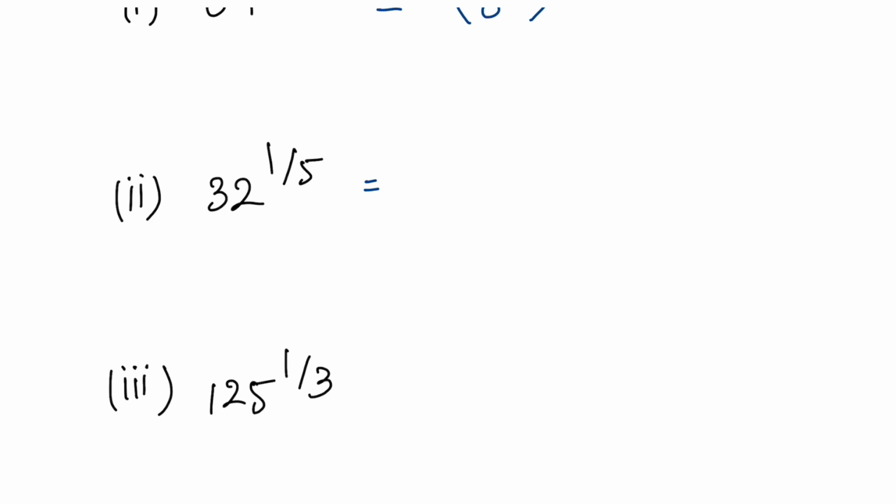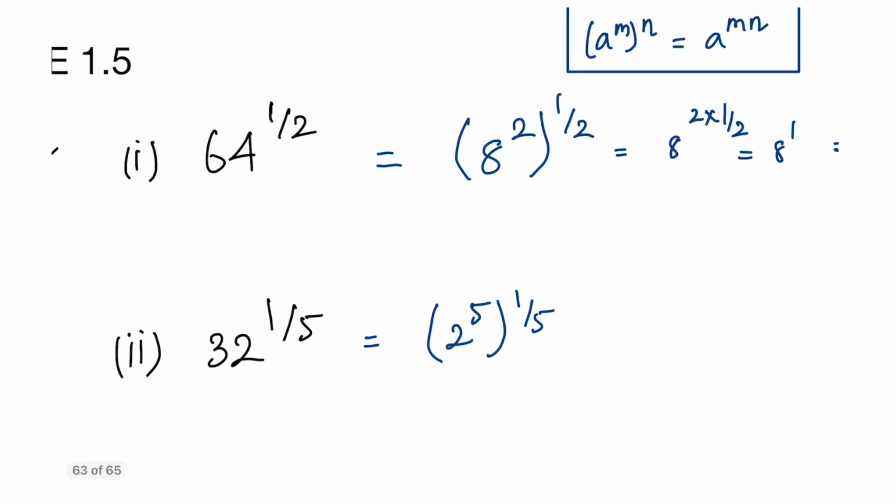We know we can represent 32 as 2 power 5, right? 2 power 5 is basically 32, and 2 power 5 the whole power 1 by 5. So the idea basically is to cancel the denominator with its numerator, so it becomes a whole number of some sort. Okay, so that is what we are trying to do here, because in the earlier case we can also